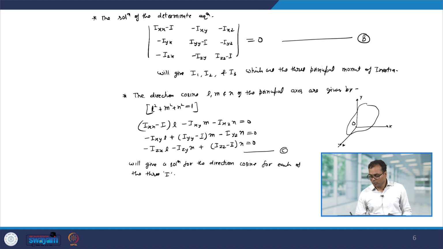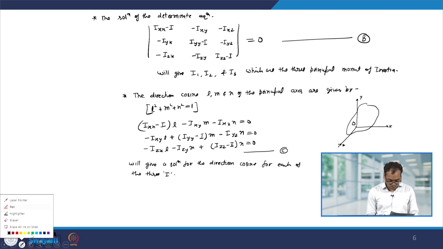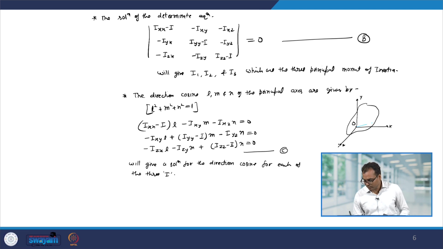Now, if you orient your x, y and z axes, then you will always find some x prime, y prime and z prime such that the product of inertia of this body will vanish and you will only have the moment of inertia. These moments of inertia are called the principal moments of inertia, and the direction cosines of this x prime, y prime and z prime we can